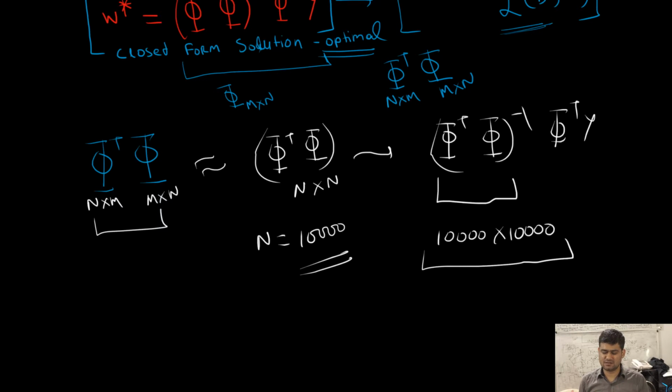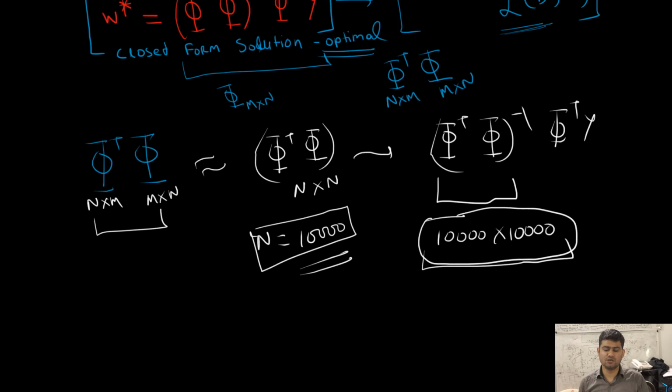And this can be a huge amount of computation. Even to multiply these matrices together is very computation intensive, and then to compute the inverse is going to be much more time consuming, and may not be practically feasible for problems that have very high dimension. For example, if n is close to 10 to the power 5 or a million, then this matrix would be 10 to the power 6 by 10 to the power 6. We wouldn't even have that much RAM in our computer to actually store this matrix